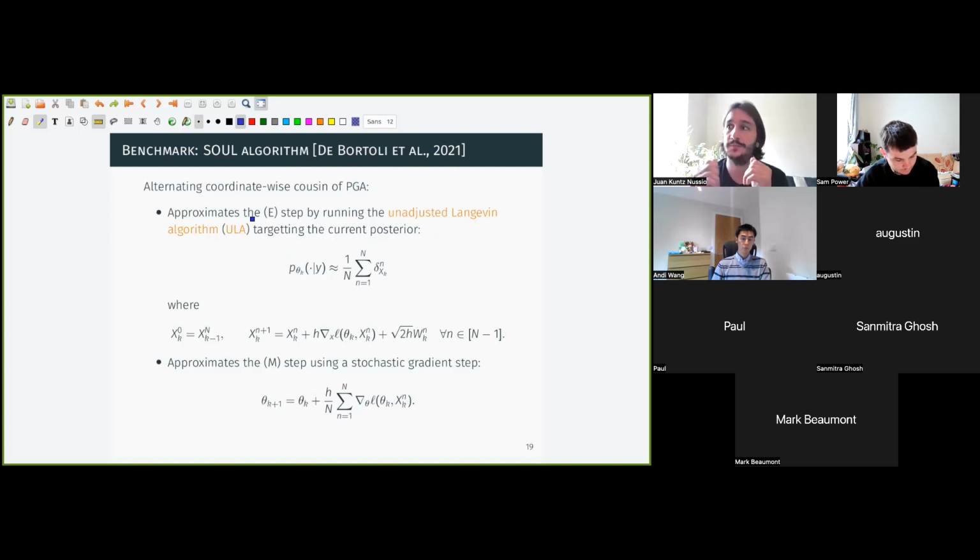It's one of these approximations to EM, in which you approximate the E and you approximate the M step. For the E step, what these guys were doing is running a single Euler chain in serial, targeting the current posterior, and then using the empirical distribution of the states visited by the chain as an approximation to the posterior. And they were doing this one trick that actually made a big difference in practice: they would start each chain where the previous one left off. This is crucial to these things working well.